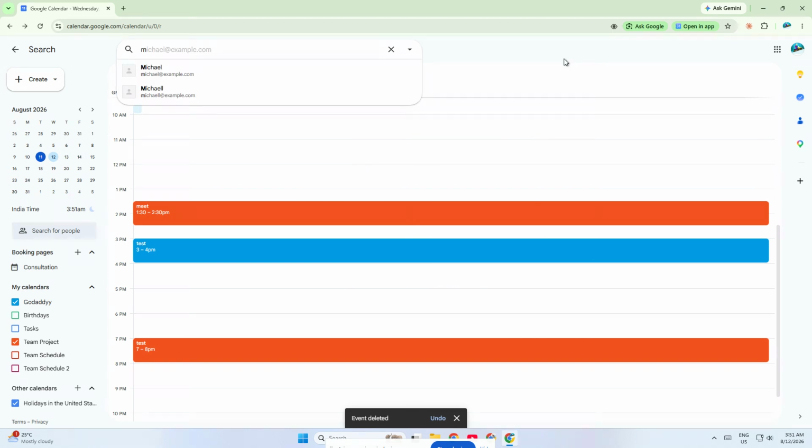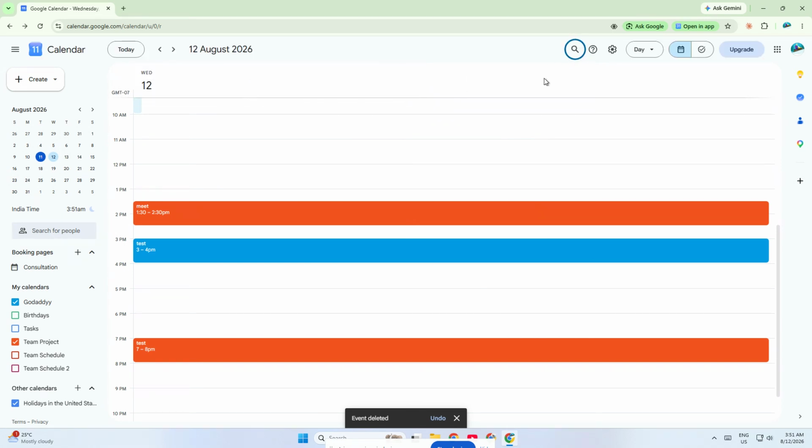This is the best way to delete multiple events at once in Google Calendar when you want control over exactly what gets removed. It may not be a single bulk delete button, but using search makes the process much faster than hunting through your calendar day by day. If you have a lot of similar events, this method can save a ton of time and help you organize